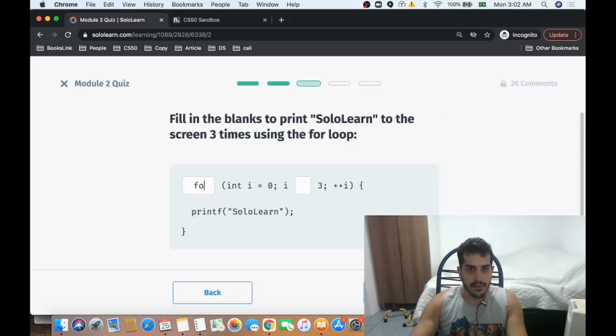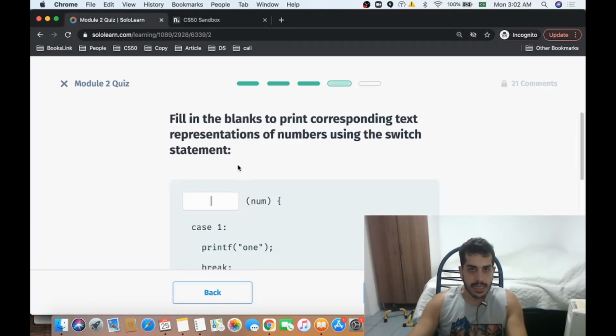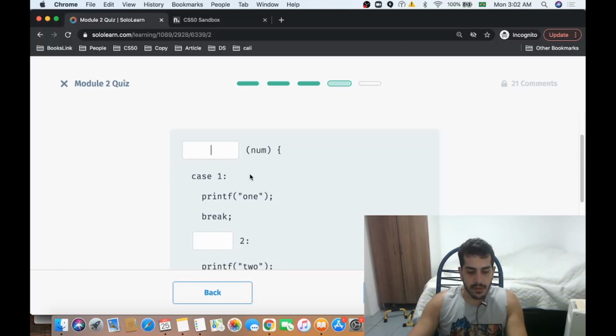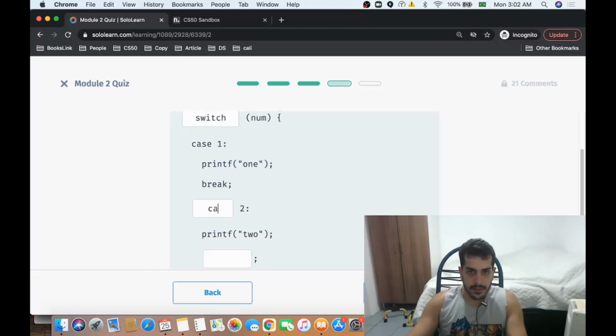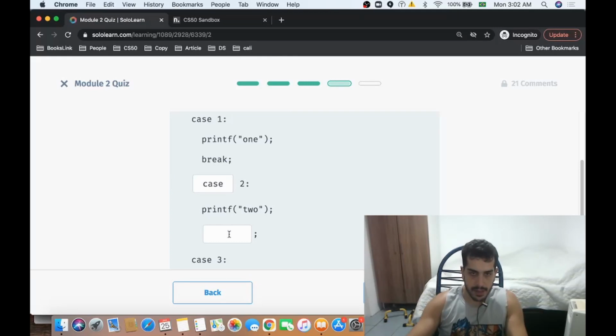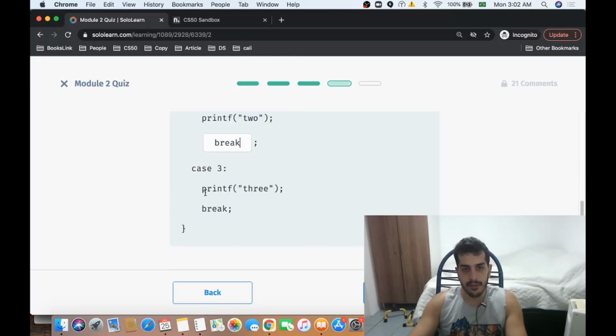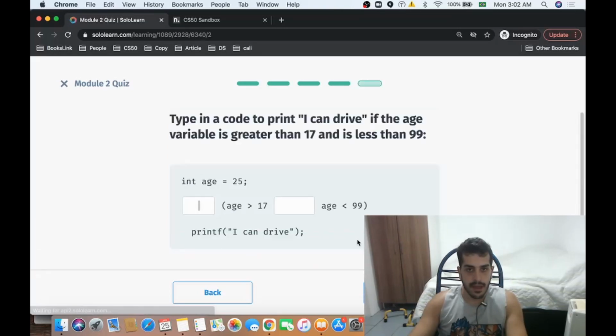Print solo learn 3 times. So we have a for loop. My counter starts at 0. While i is less than 3, I'm going to print solo learn and increment by 1 at every iteration. If I have multiple conditions, I can use a switch statement. So if num is 1, I'm going to print 1. And if it's 2, I'm going to print 2 and break. So this is like a loop. I'm exiting out of the switch. So that's why I have